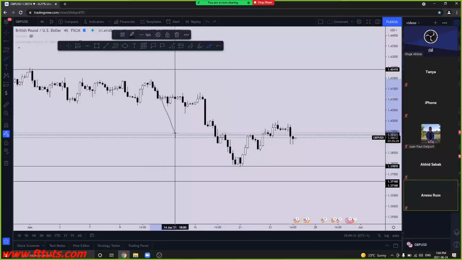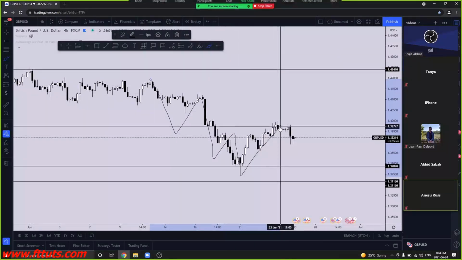What we need to see is this small little lower low, lower high phase get broken, which gives us the significant